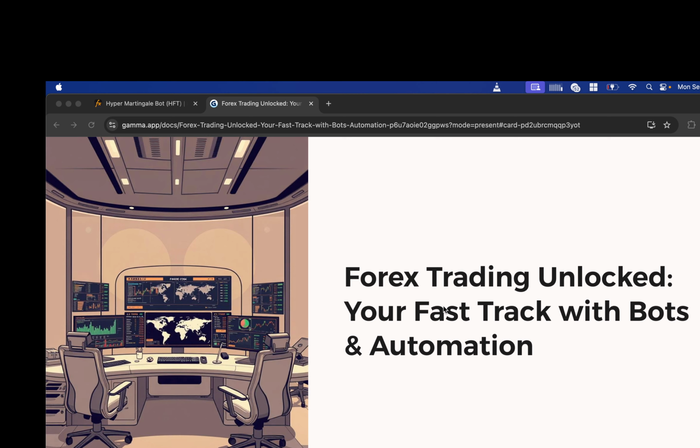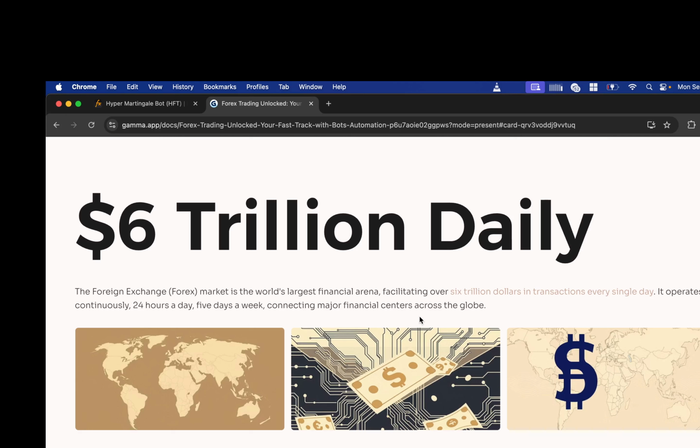Forex trading is a foreign exchange trading platform where you can trade. It's a 6 trillion dollar daily market where people trade daily, with transactions of 6 trillion dollars or more.